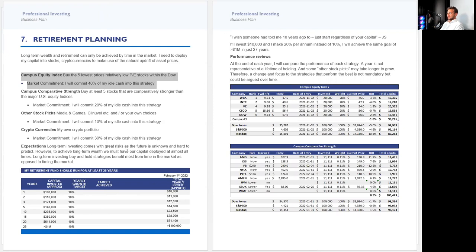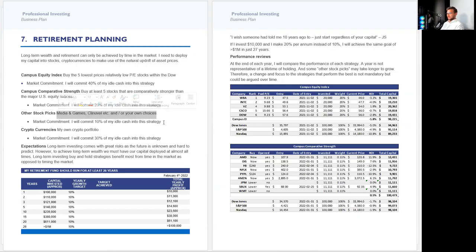And so I can really just urge everyone to look at retirement planning in one form or another, whether that's Campus Equity Index, Campus Comparative Strength, or other stock picks as well. Like some of the stock picks that we also put in our financial planning sector, where you have stocks like Median Gains, Clinuvel, Volition, Santhera, or even your own choice, like Alibaba or NIO or whatever that company may be,